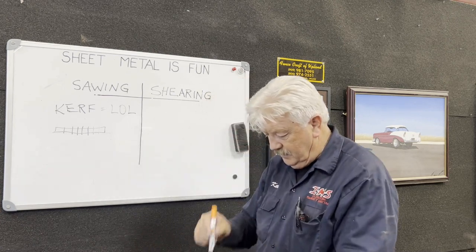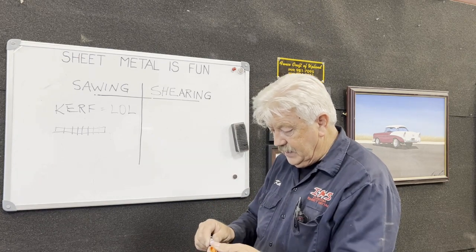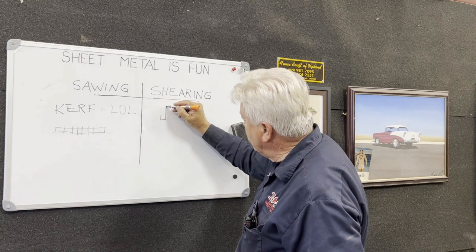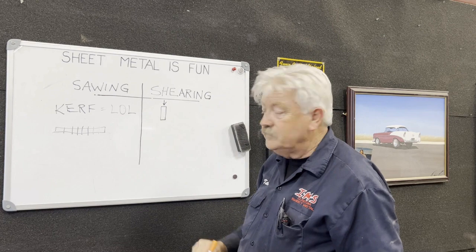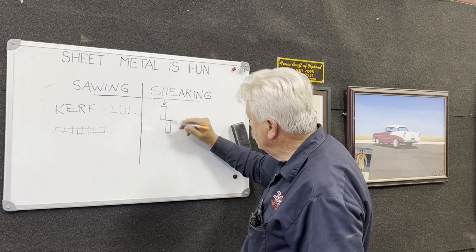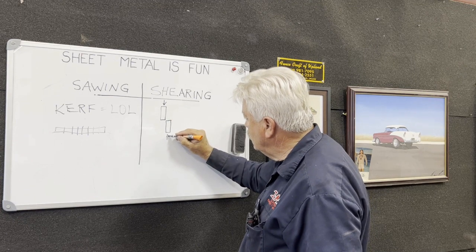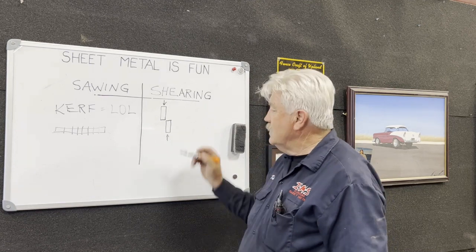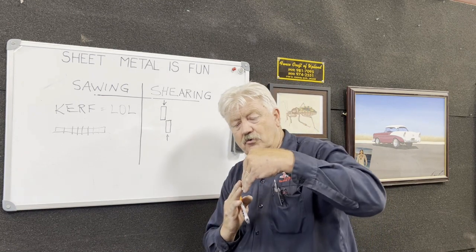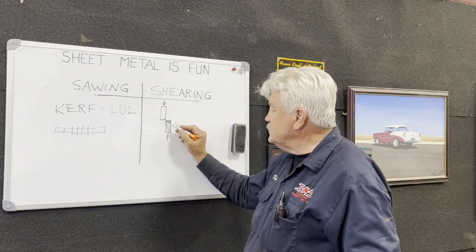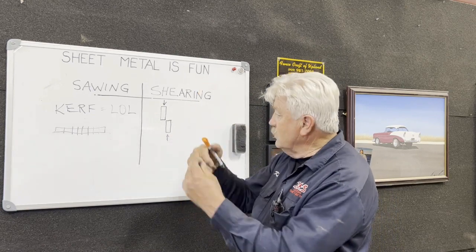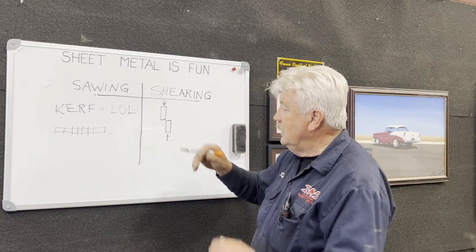Let me see if I can make that drawing for you. Anytime we shear, we have a blade traveling down, and we have another blade traveling up, there's always a small gap. These two blades don't want to run into each other. They're always offset by a small amount. As the metal comes through that small gap and is sheared, it is actually stretched until its